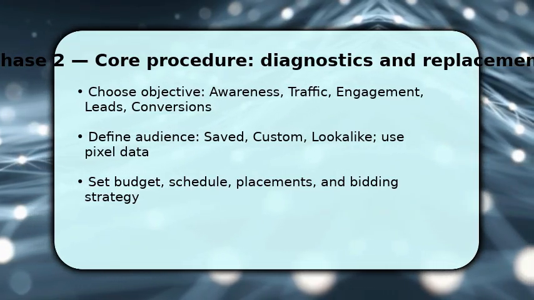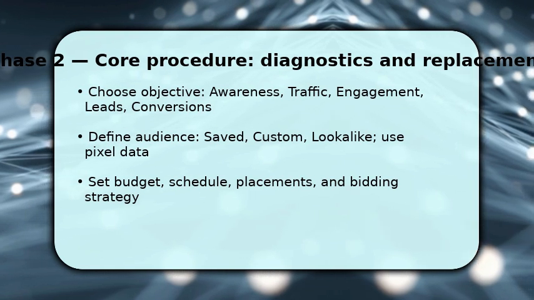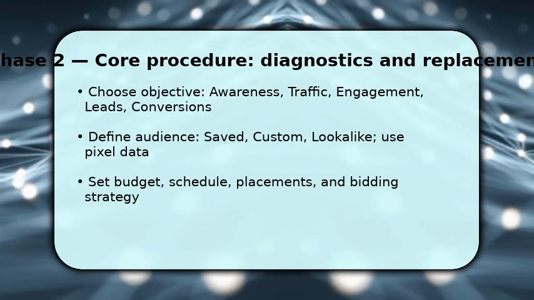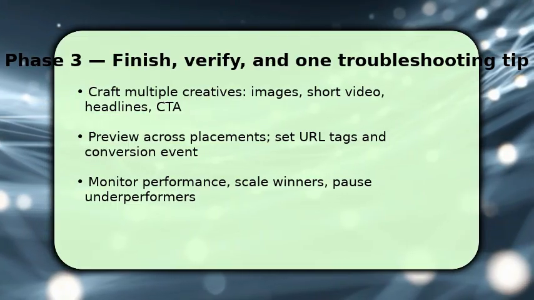Finally, choose a bidding strategy such as lowest cost or target cost. These choices directly affect delivery, cost per result, and learning period performance. Design at least 3 ad variations with different images or short videos, headlines, and a clear CTA so the algorithm